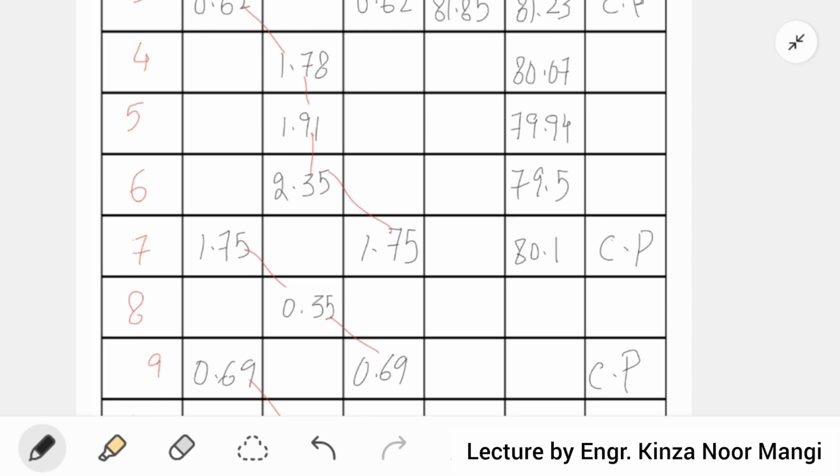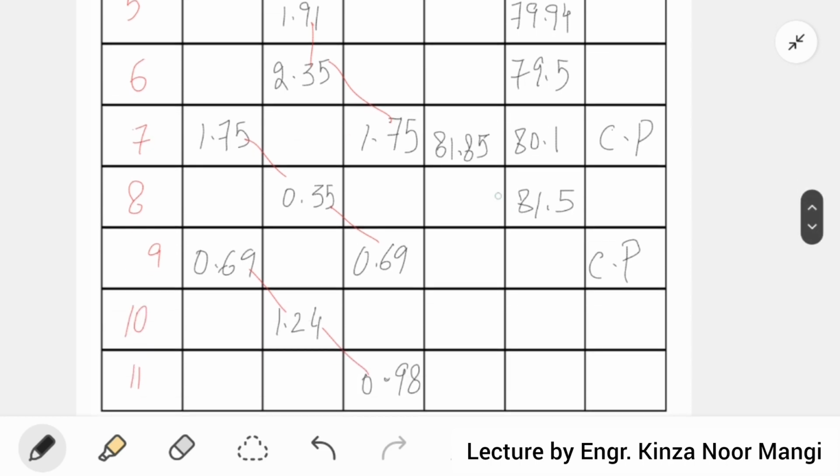Then again change point, we will write again 81.85. Then 81.85 minus 0.35 we get 81.5, at the 8th location. Then again 81.85 minus 0.69 gives us